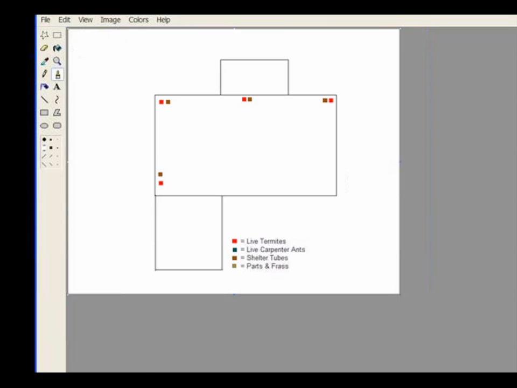And the same thing with parts and frass. So let's say that we just have the parts and frass in this area and this area. So that's a very simple drawing. Now if we want to put this into our report, and you can put anything else on here you want,